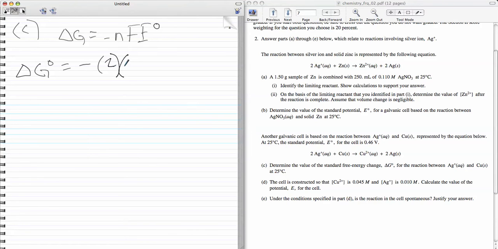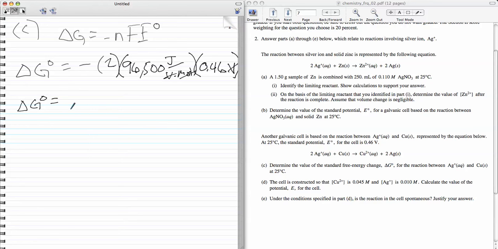F is Faraday's constant, which is going to be 96,500 joules per volt times mole. So n is going to be moles to cancel this out. And then E is going to be the E for the cell, which in this case is going to be the 0.46 that they gave you. Okay, and so when we calculate that, our delta G